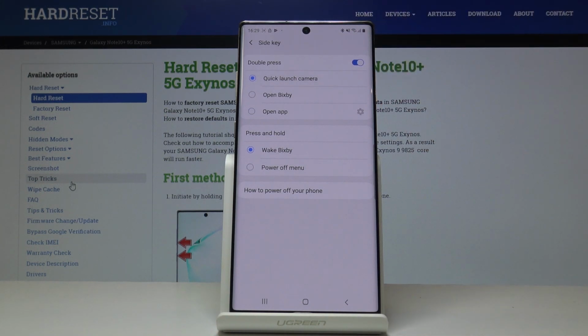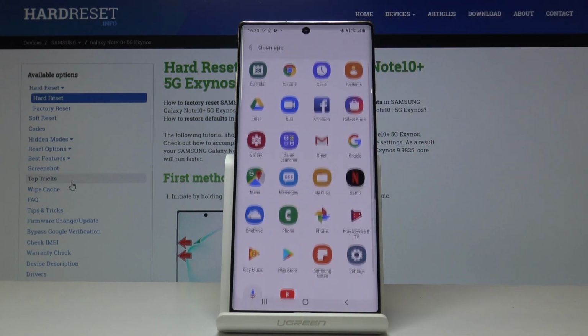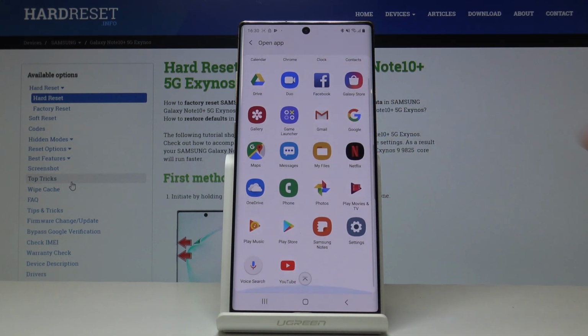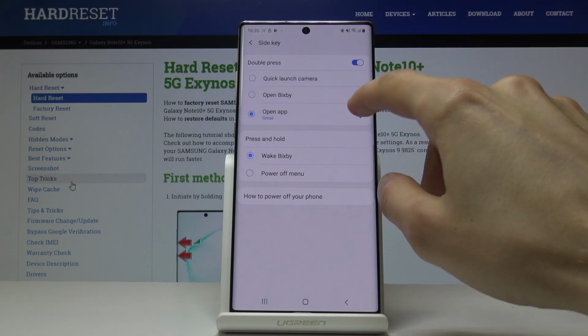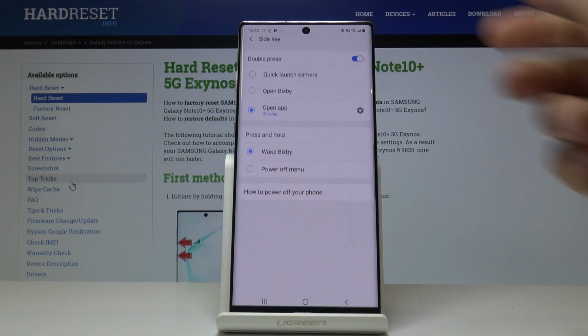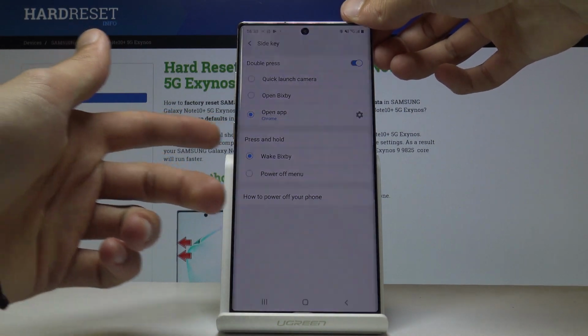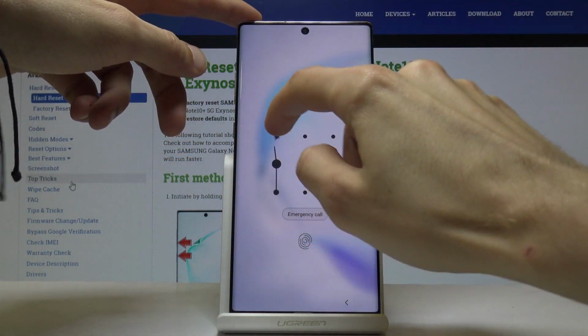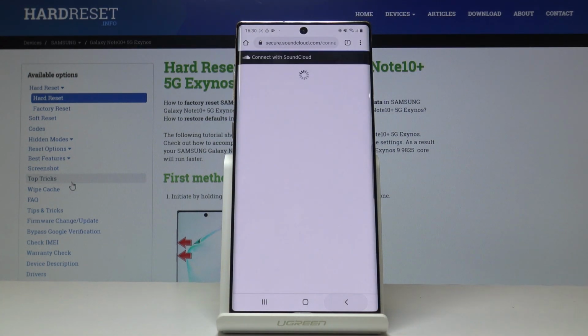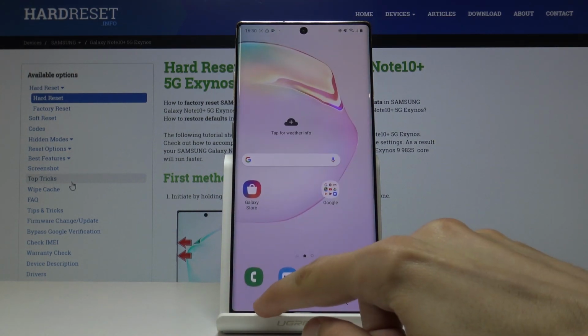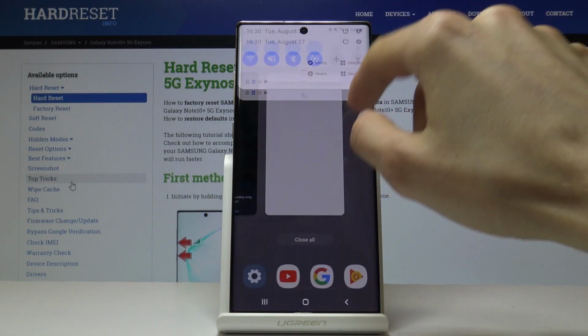So by default, double press of the power key will be set to launch camera. So when you double press it, it will just launch camera, but you can choose it to open app, and you can then tap on it and select what app you want to open. So you can, for instance, select something like Chrome, and when the device is locked, assuming I can do this, I can double press it and it will basically open up the browser. And going back to the setting,